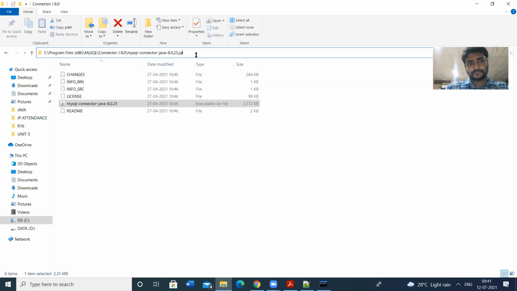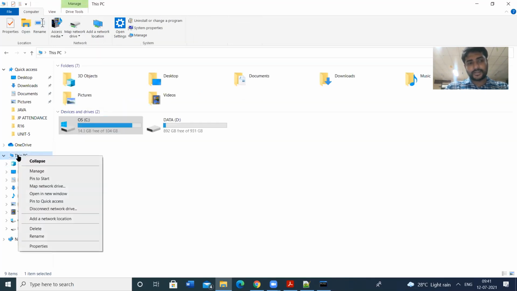So copy this one, Control A, Control C. This is the executable jar file. All the MySQL-related JDBC connection classes and interfaces are available in this jar file. We need it in order to connect the Java application program to the MySQL database. This is the path we need.